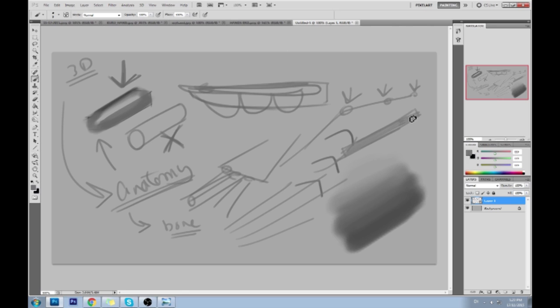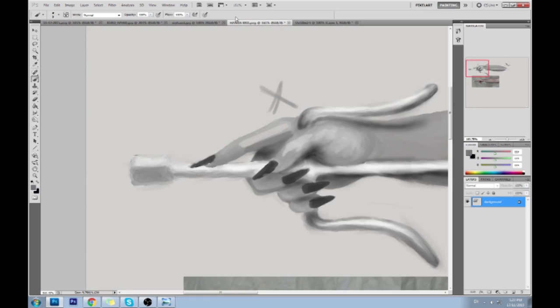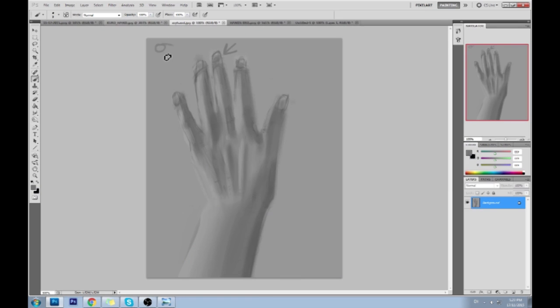So we come back to the old lecture on form. Light reveals form. Form is not visible and not present without light. So asking yourself where the light source is coming from is one of the most important things you can do for yourself, no matter what you're drawing, and hands are not exempt from that. Asking yourself where the light is coming from will help you draw a hand that reads a little bit more. So over here, what you're telling me is that this edge is so immediate